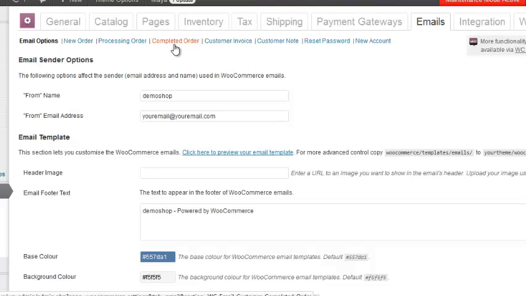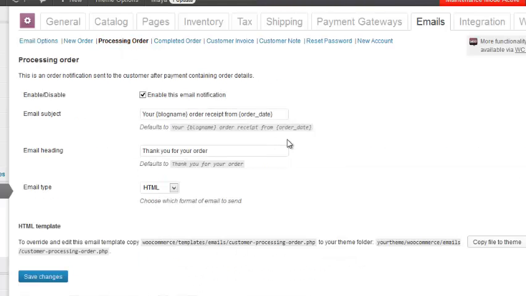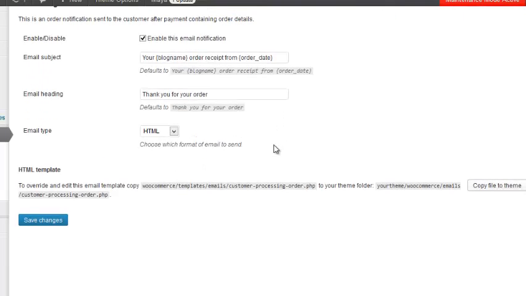Okay, so the little bit difficult part is that if I go into processing order, for example, you can change a few things here. First of all, do you want to enable that notification or not? You can, of course, turn it off if you'd like. But the template itself is more on the back end.